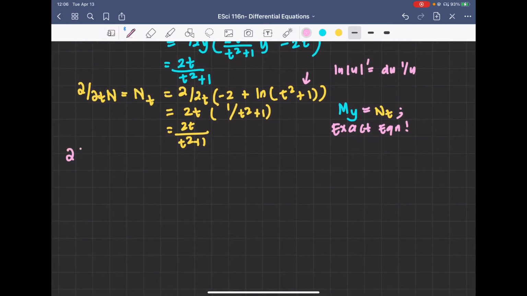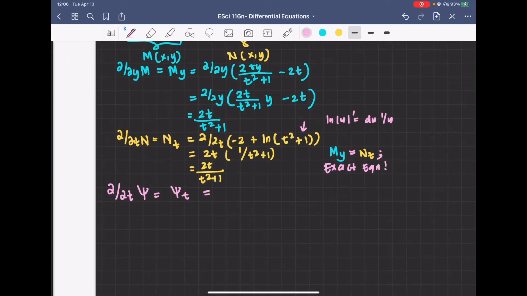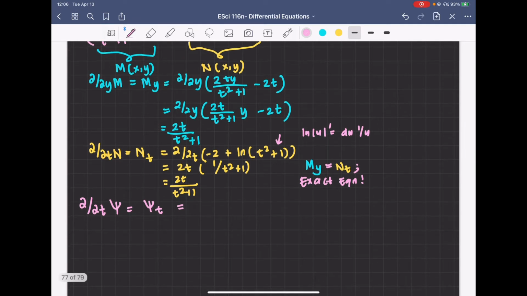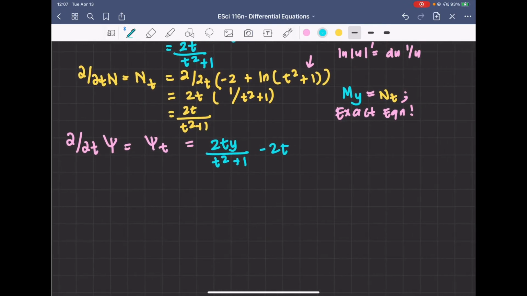So the partial derivative of our psi with respect to t here, instead of x, it's with respect to t. That's basically psi sub t, and that equals our M, and our M is 2ty all over t squared plus 1 minus 2t. And in order to get our psi, we have to integrate this. So our psi is equal to,